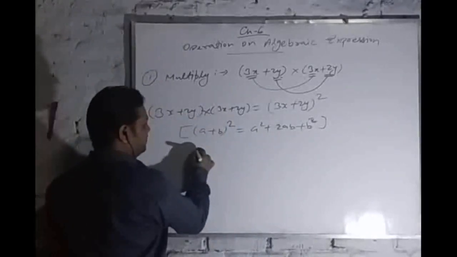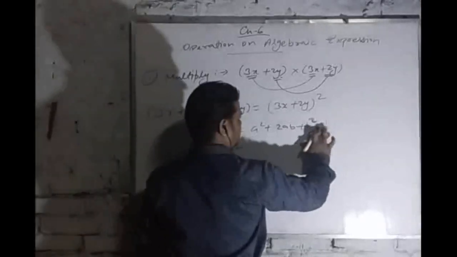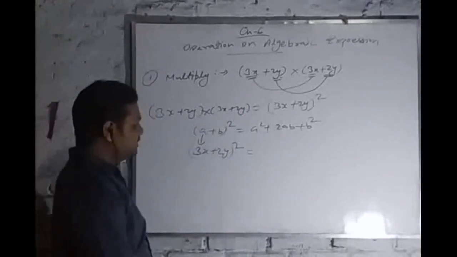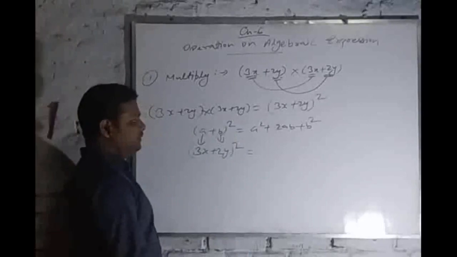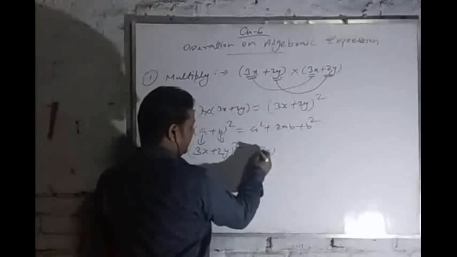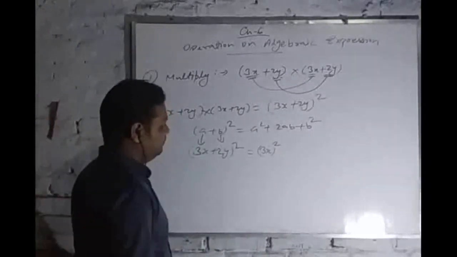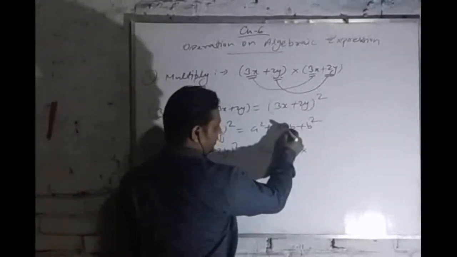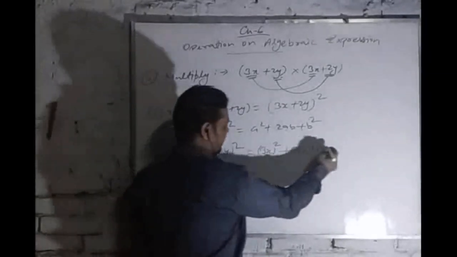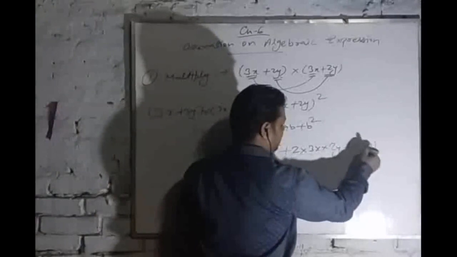Okay. Instead of (a plus b) square, we will write (3x plus 2y) whole square. After that, in the place of a it is 3x and in the place of b it is 2y. So put the value at a, 3x, but it is squared, so we will keep 3x in bracket and up to whole square we will write 2. Then plus 2 into, at the place of a, 3x, into, at the place of b, 2y, plus b, that is 2y, the whole square.